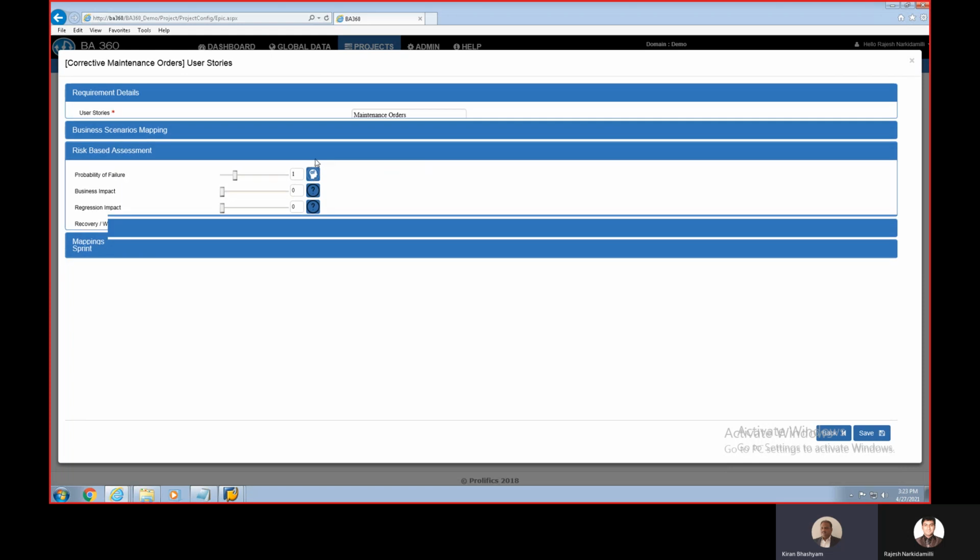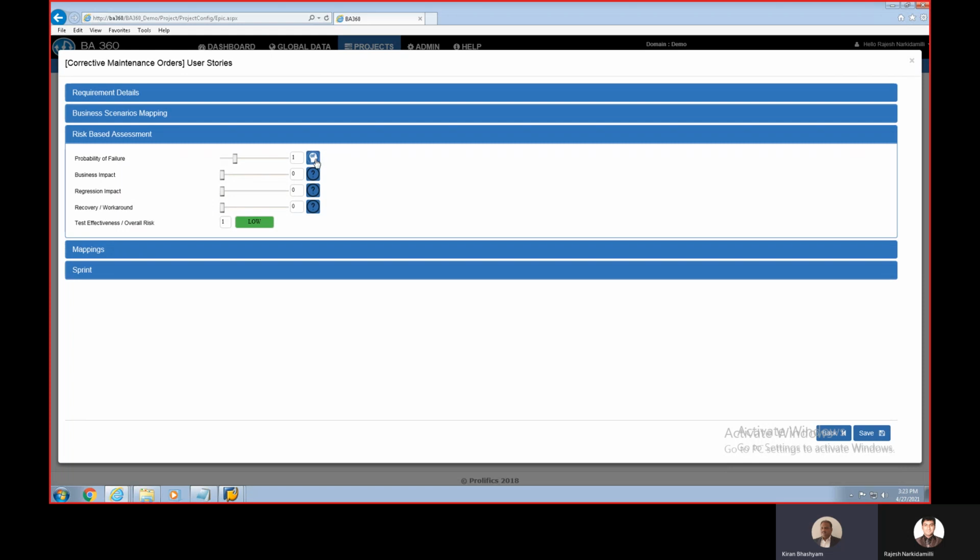And if the defect data is organized by modules, submodules, and functions and features, this should be able to analyze the defect information given based on the tester and the past defect information related to this business scenario. It will analyze and calculate the probability of failure. And the other parameters we need are business impact, regression impact, and recovery or workaround. So these are the parameters